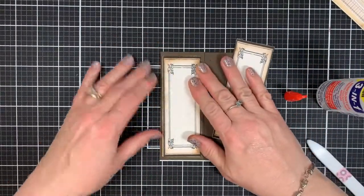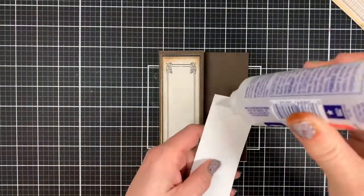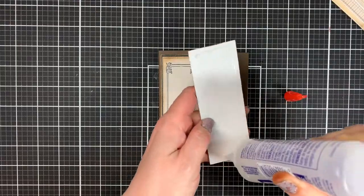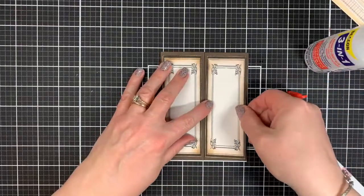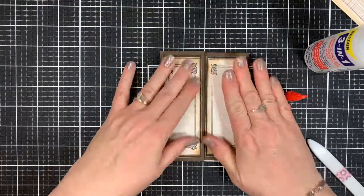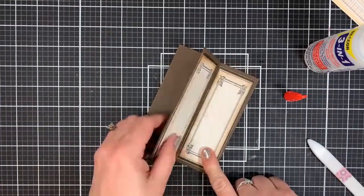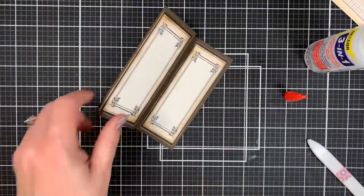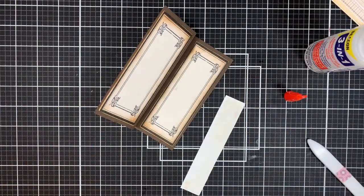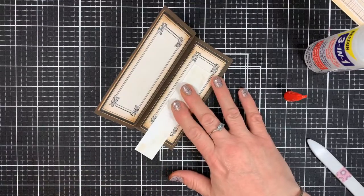What I like about the Beacon 3-in-1 is that it does not warp your paper. No matter how thin your paper is, it is not going to warp it. It also works great on thick paper. These panels that I am adhering to this card base are card stock, and the Beacon 3-in-1 gives you a little bit of time to zhuzh it so that you can line things up perfectly,